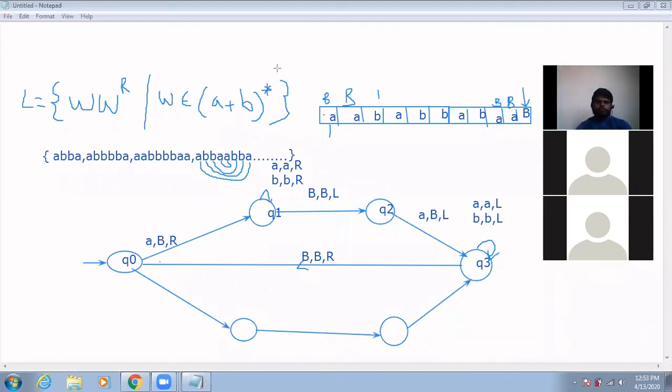What is Q4? You give the names Q4 and Q5. So what are the transitions now? Here it started with A, but here B. So if the B is processed, what is my logic? B comma B, I should make it a blank, and I should move to the right-hand side.